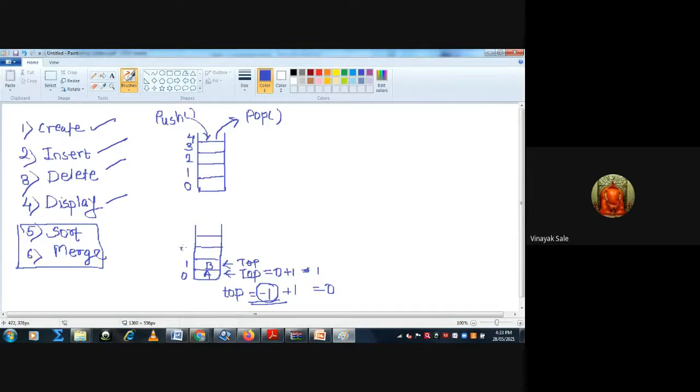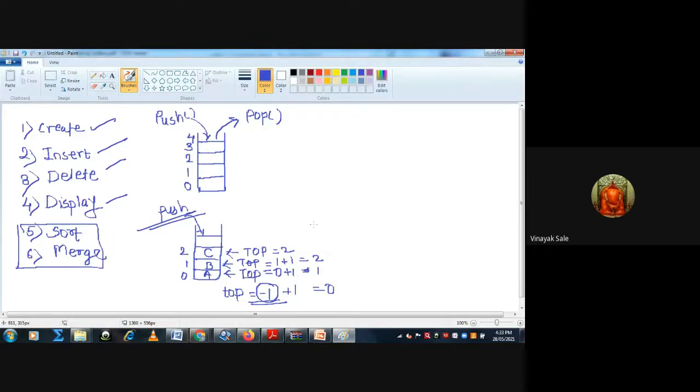Then whenever you enter a third variable, suppose C, top is incremented by 1. So 1 plus 1, top is equal to 2, at the second position. This operation is done by the push operation.